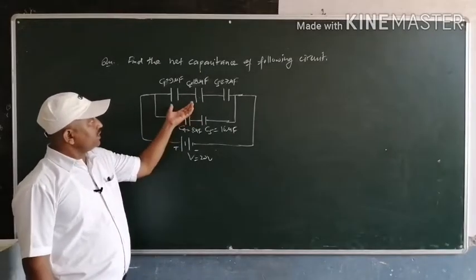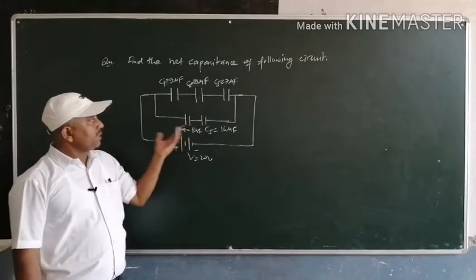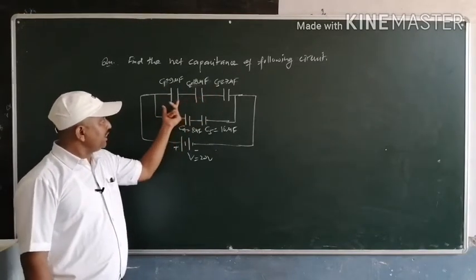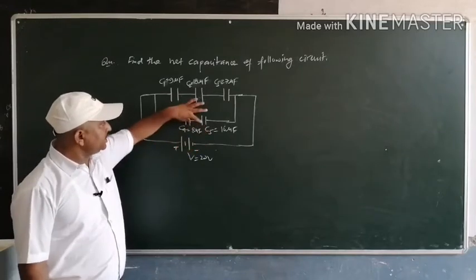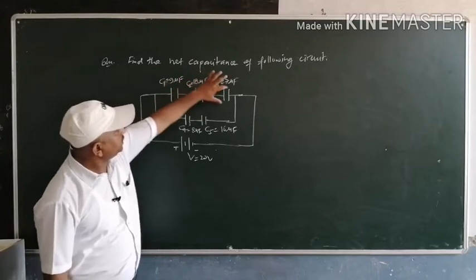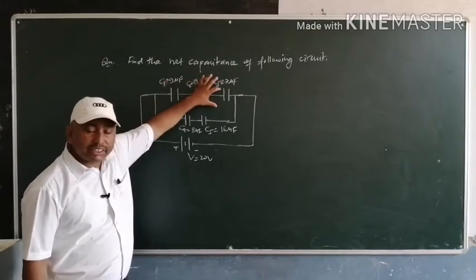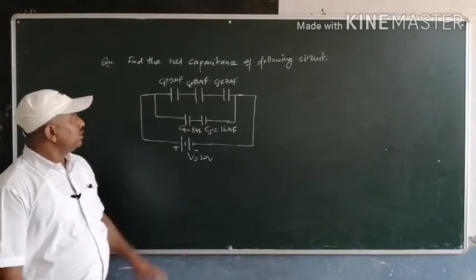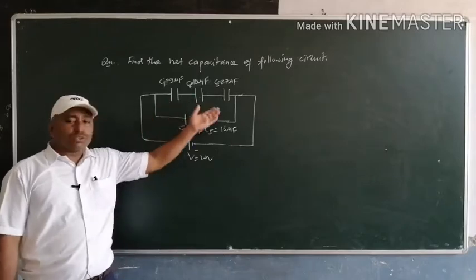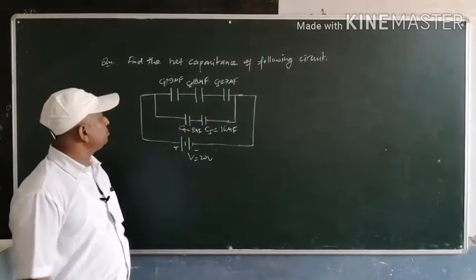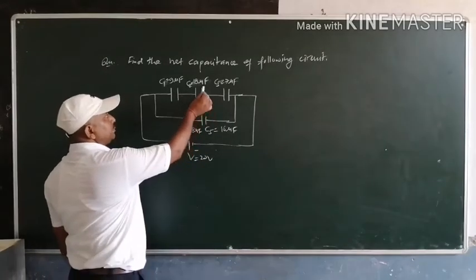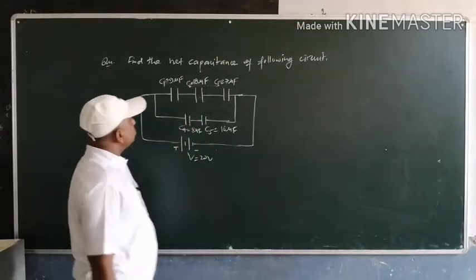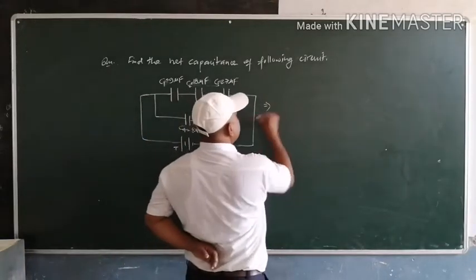Suppose that this is a circuit of 5 capacitances. In this, C1, C2, C3 are connected in series, C4 and C5 are also connected in series, but the combination of these three is connected in parallel with the combination of these two. To find the equivalent capacitance of this circuit, first we have to find the effective capacitance of this series combination and this series combination. So we can reduce this circuit